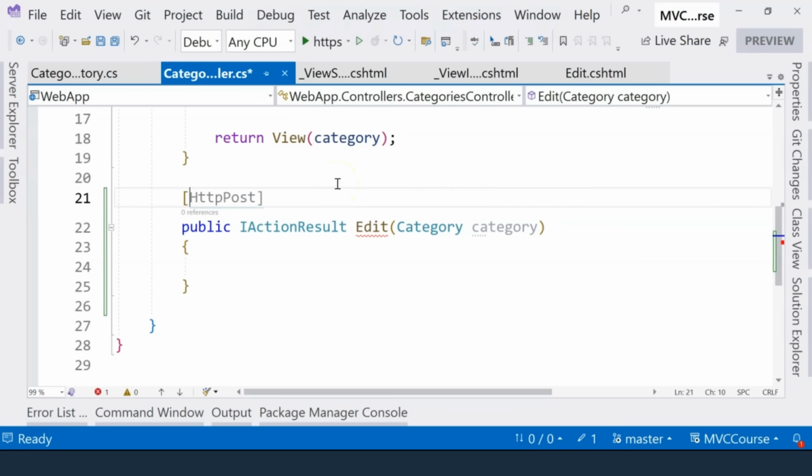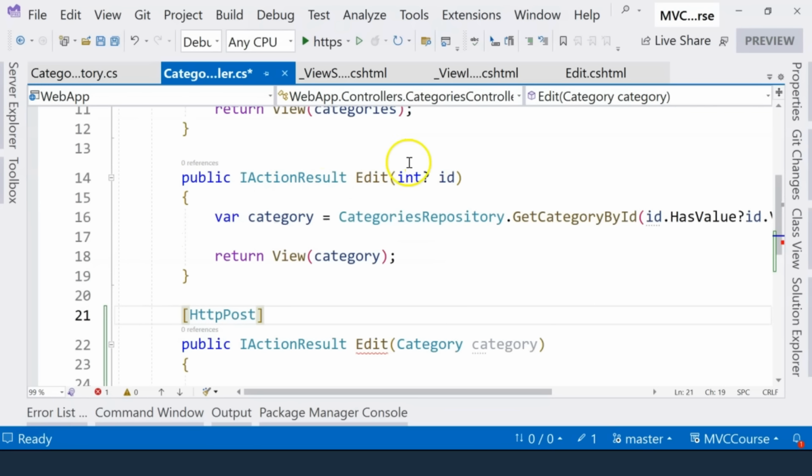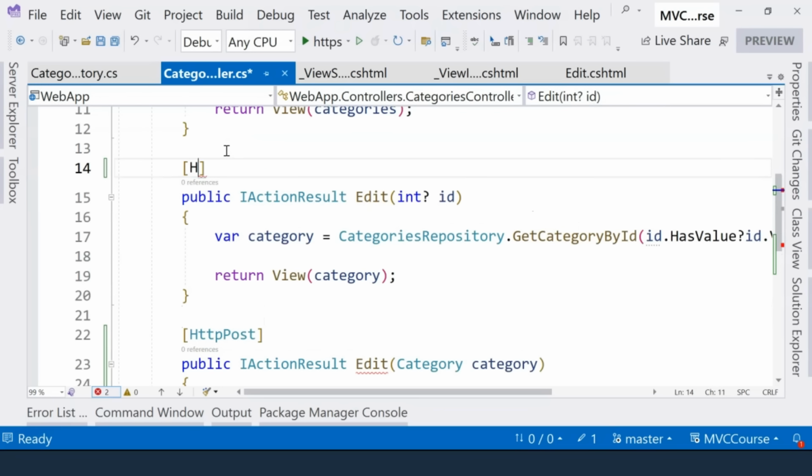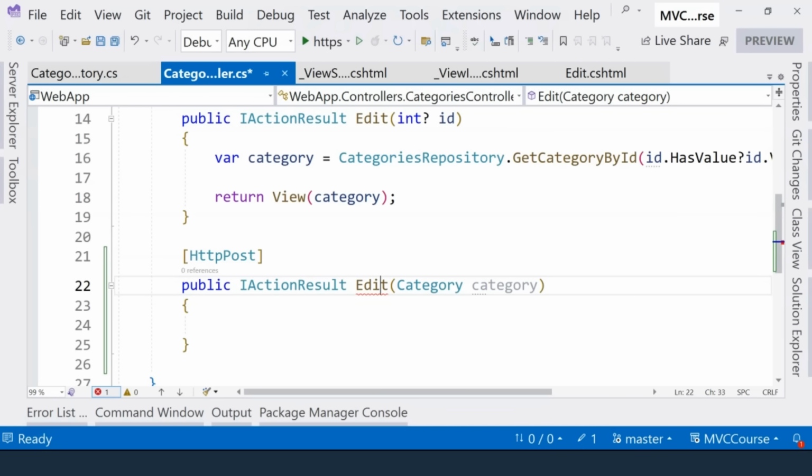Here we want to receive an instance of the category class. And we also need to specify with an attribute that this particular action method handles an HttpPost request. If we don't specify anything on the action method, the action method handles the HttpGet request. That's by default, so we can delete this. But here, because the HTML form uses the post method, we need another edit method that handles the post request